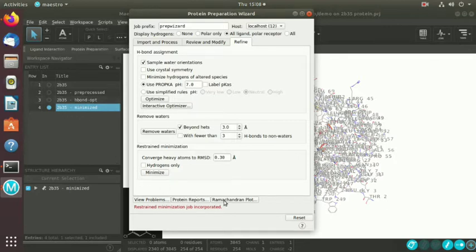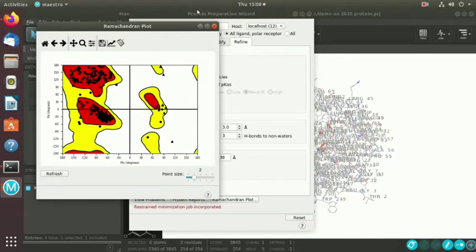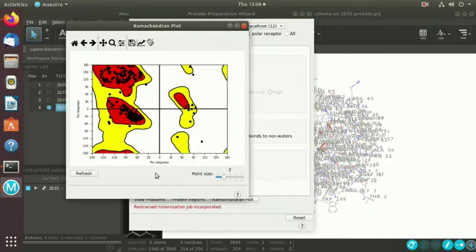And we can observe the Ramachandran plot for this protein. We can observe the psi and phi values for the protein amino acids. All these dots represent the amino acids. Amino acids in the red region are in the completely favored region, and the yellow color is the acceptable region. If it is present in the white region, it is the unfavored region. Mostly glycine is not present in the favored region; we can observe it in the unfavored region.